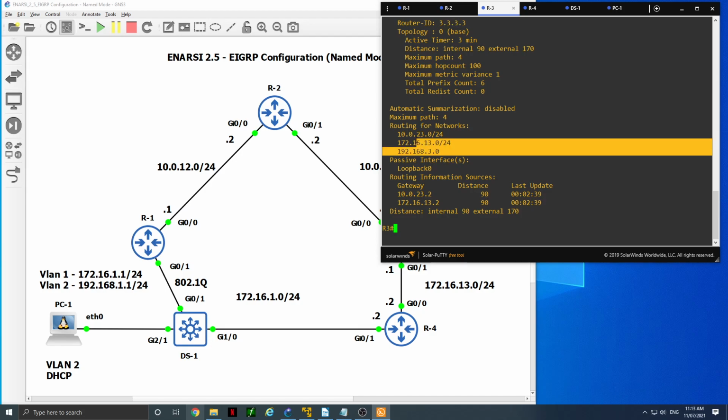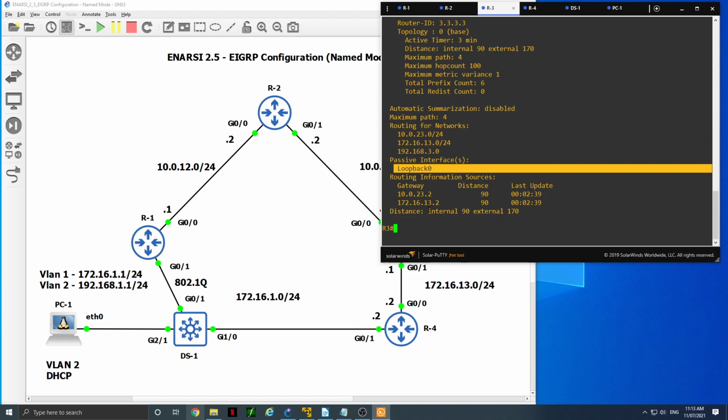There's all my networks, and the passive interface is there. Okay. Had me worried there for a second. Alright, so